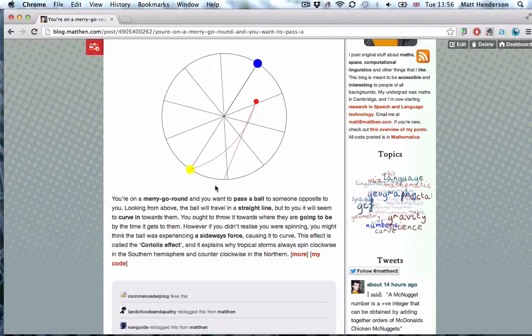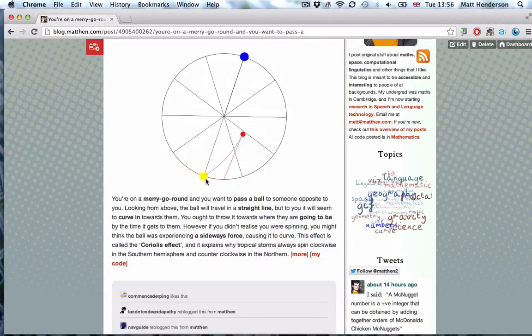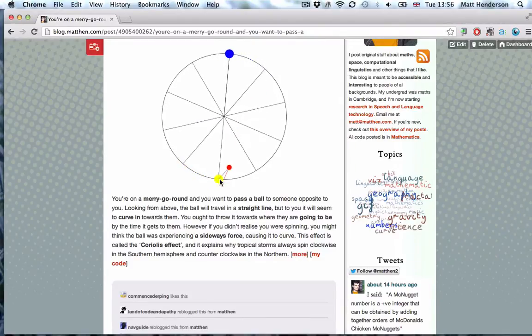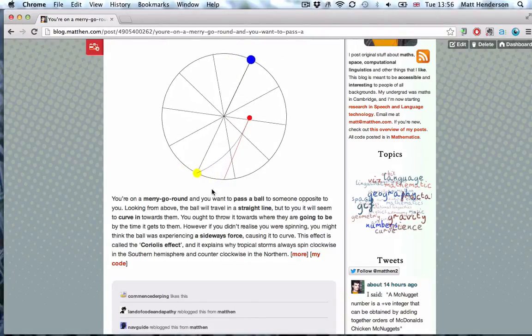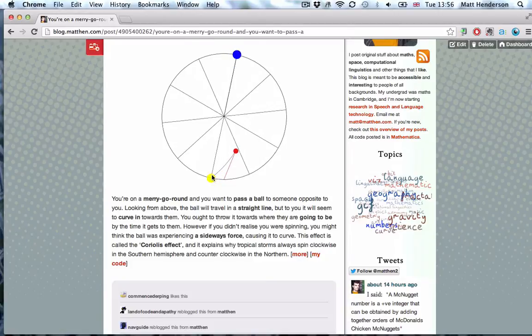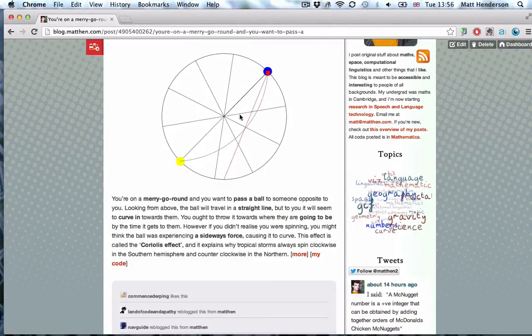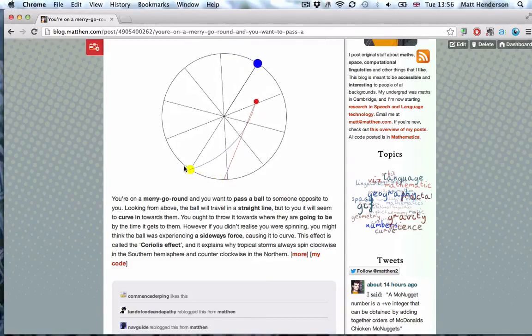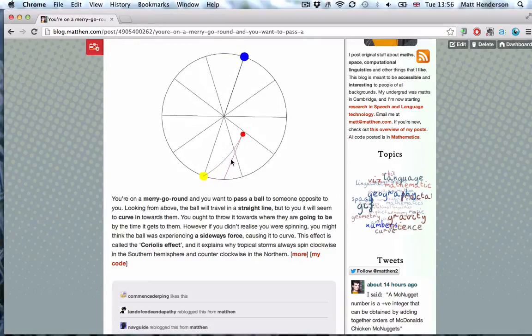So here, you're imagining you wanted to pass a ball to someone sitting opposite you on a merry-go-round, and the thing is you have to pass it to where they're going to go rather than where they are when you throw the ball. The red line is where it goes,